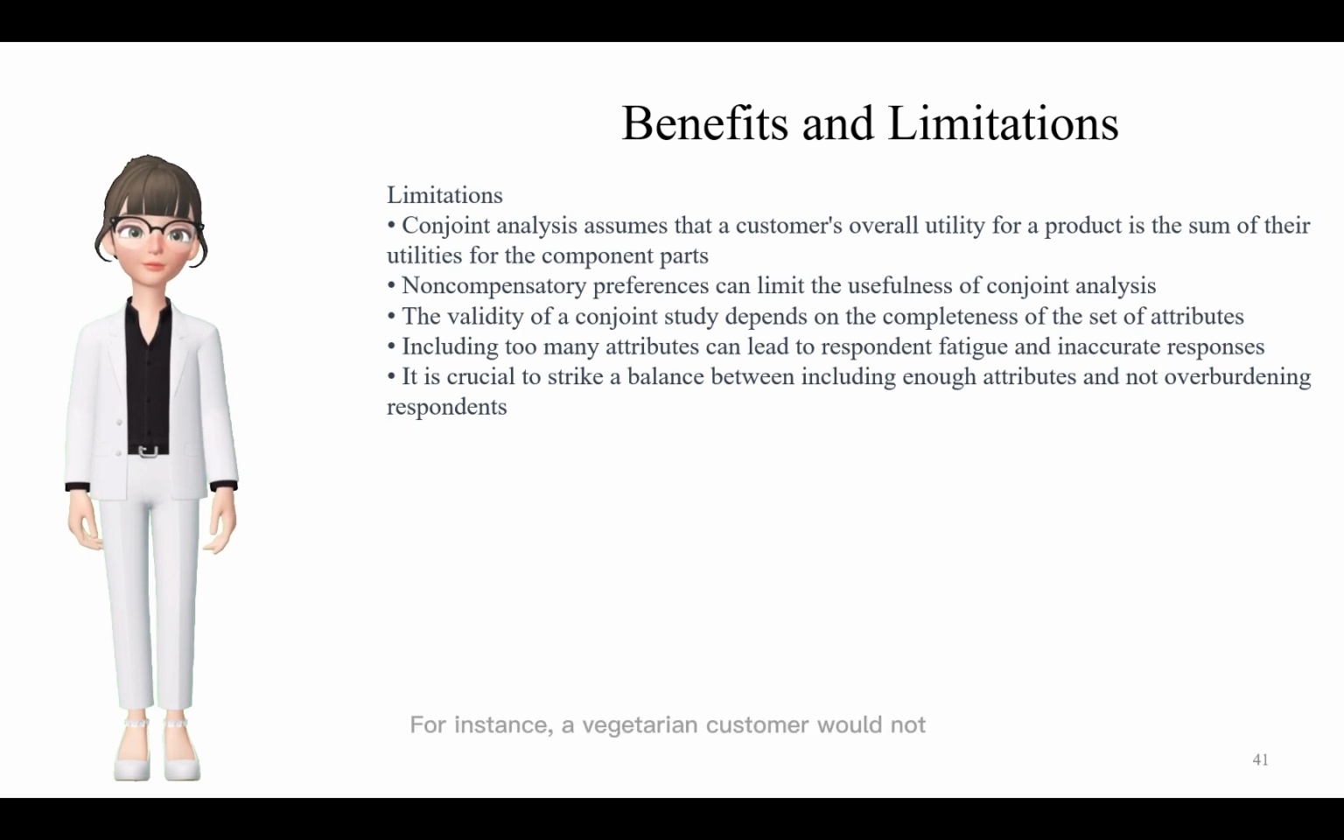For instance, a vegetarian customer would not consider a pizza with any meat toppings, no matter how good the other attributes like crust, cheese, and price are. In such cases, using conjoint analysis that includes meat toppings as an attribute could lead to misleading conclusions because the results will assume that the vegetarian customer will be willing to consider meat toppings if the other attributes are favorable. Therefore, it is essential to consider the decision context and customer behavior carefully before deciding whether or not to use